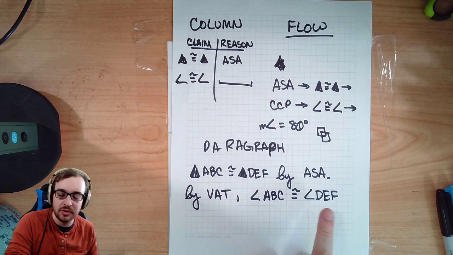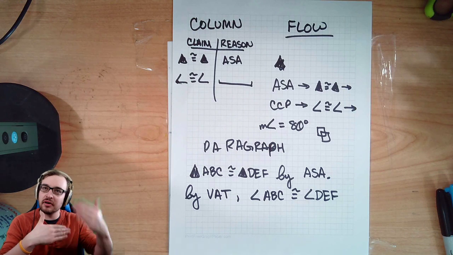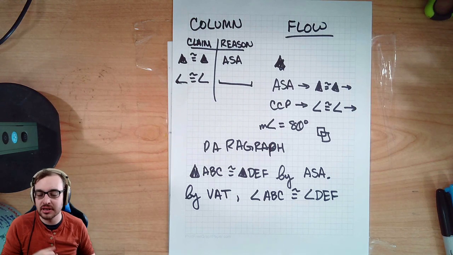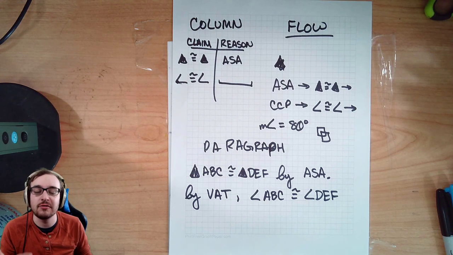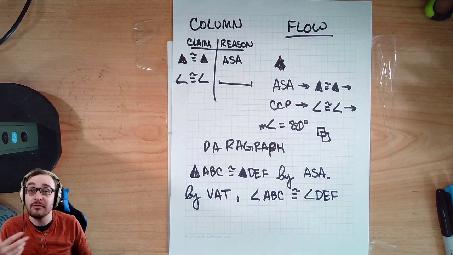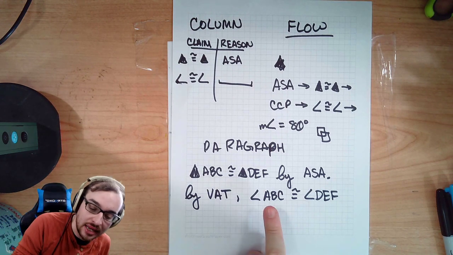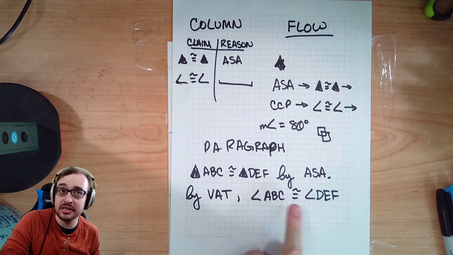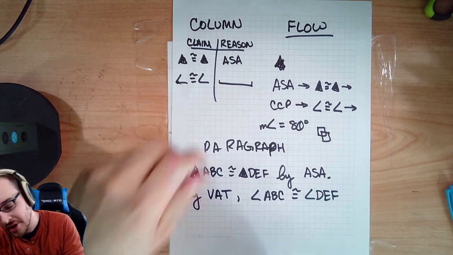"Angle this is congruent to angle that by vertical angles," right? It feels very choppy. I'd much rather speak like this. Triangle ABC is congruent to triangle DEF by angle side angle. By vertical angles theorem, I know that angle ABC is congruent to angle DEF. Therefore,